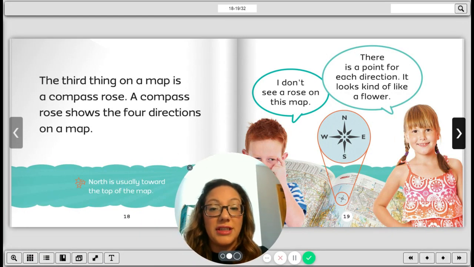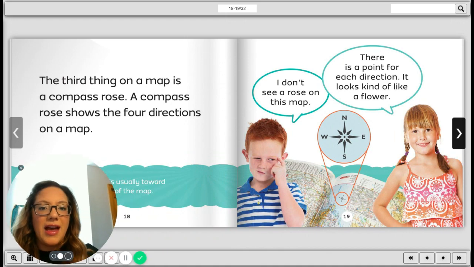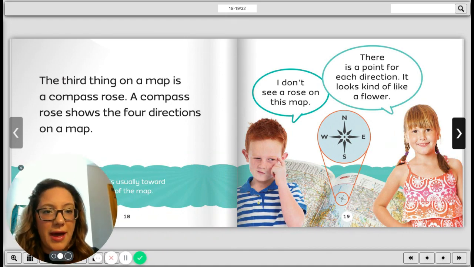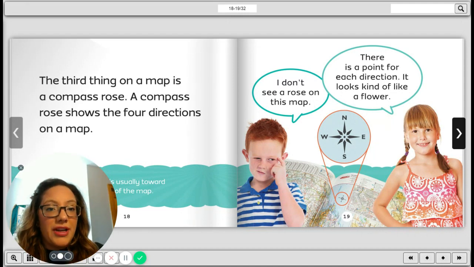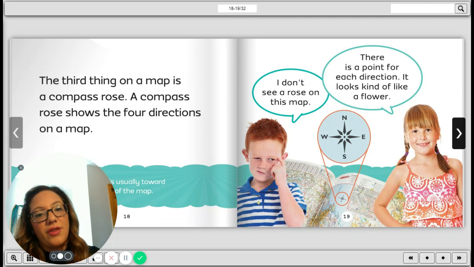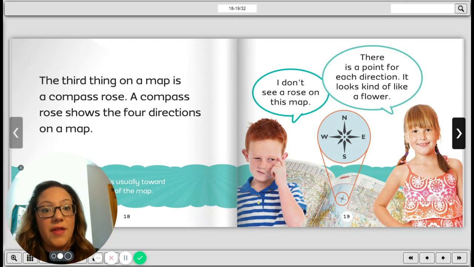North is usually towards the top of the map. I don't see a compass rose on this map. There's a point for each direction. It looks kind of like a flower. So he couldn't find the rose on the map, but it kind of looks like a flower and it's north,